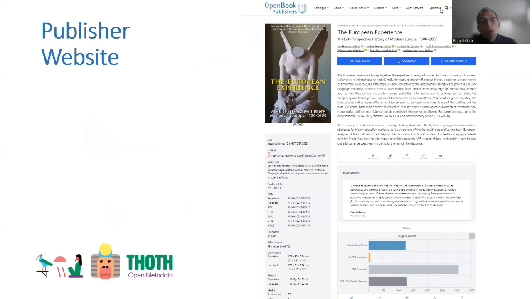So to take the first one, the publisher website. The Open Book Publishers website is now, all of the metadata is drawn from the Thoth database. So all of the metadata that you see for each of our books, the titles, the authors, the blurb, all the various ISBNs, all of this metadata is being drawn from the Thoth database on the fly, in fact. And this website itself can be made a white label site, so that any other publisher would be able to implement this if they wanted to.